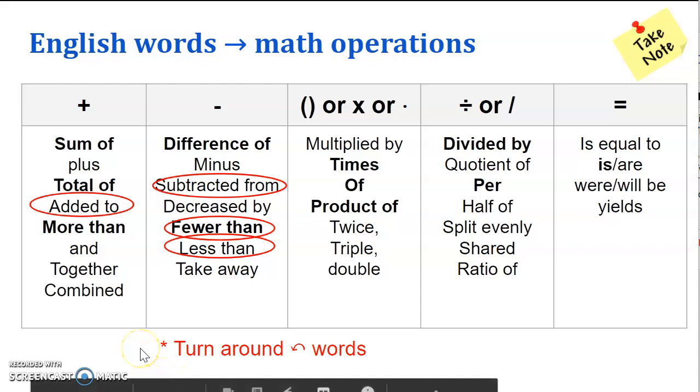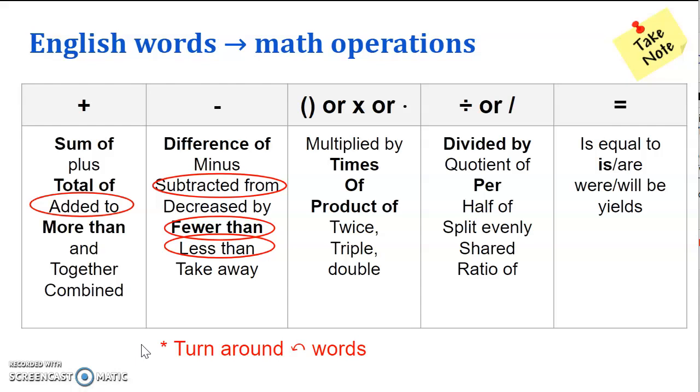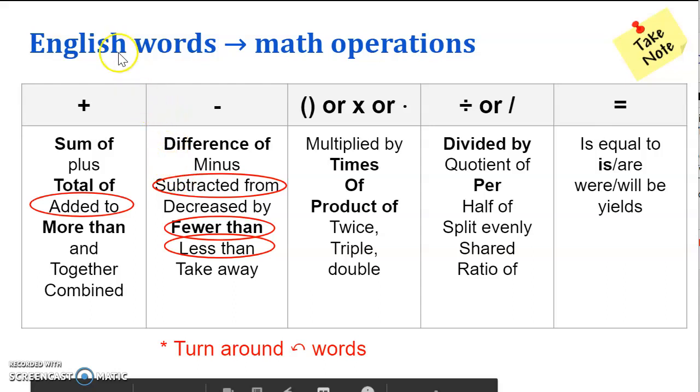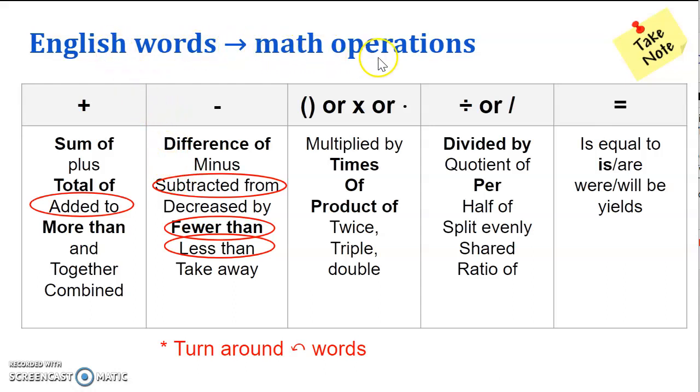Okay, so when we are translating a situation into a mathematical equation, remember, math is just another language. It has its own vocabulary, its own notations, grammar and rules. So in order to translate from English to the math language, you need to be thinking about,